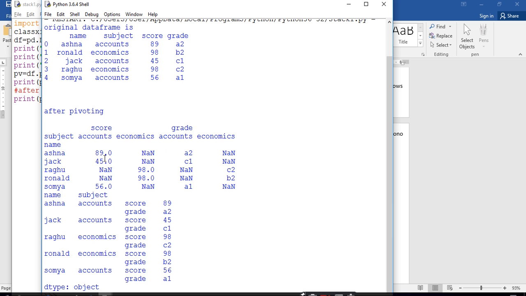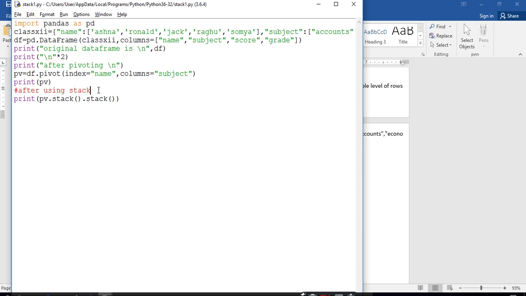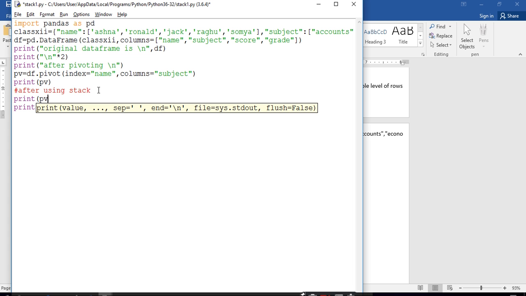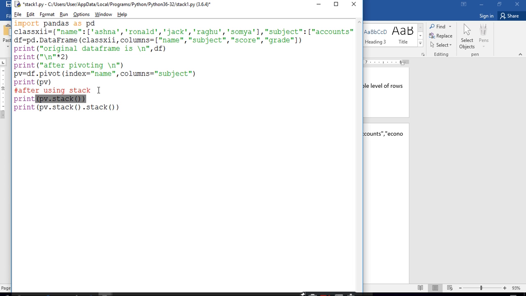After that we use the stack function again. After this stack function, the base columns, score and grade, which are the outermost, are also converted, meaning for the account subject there are two rows, score and grade, and this account subject for Jack, score and grade. You can see the previous one also, print pv dot stack function.